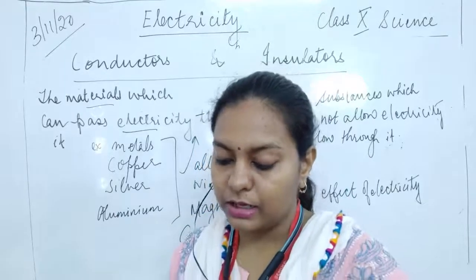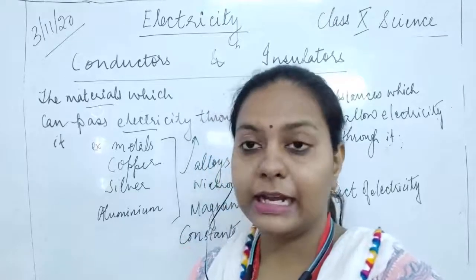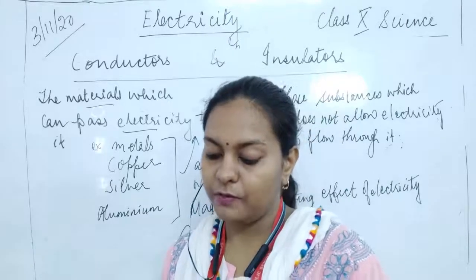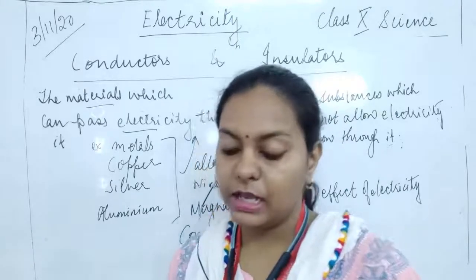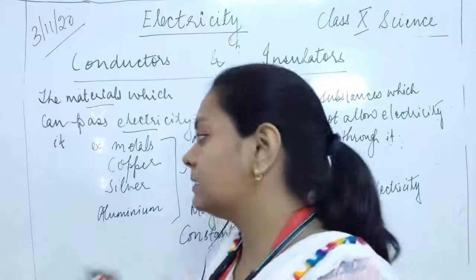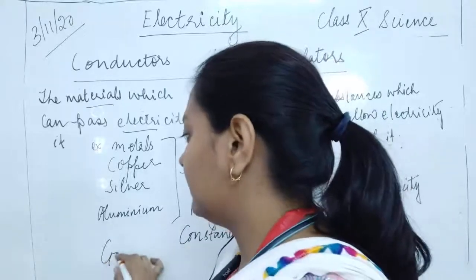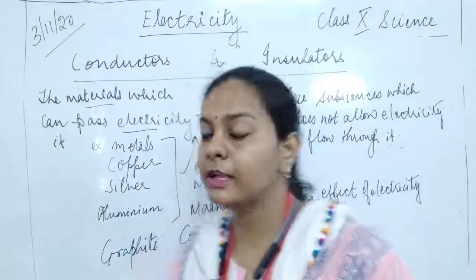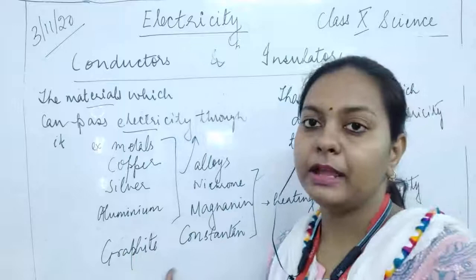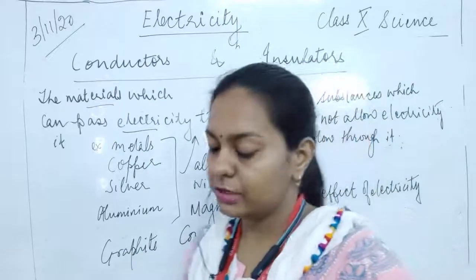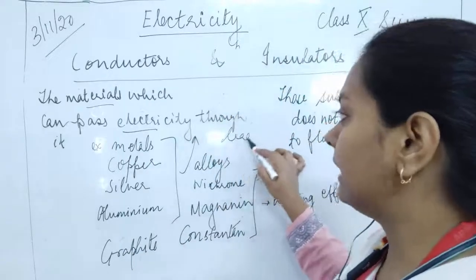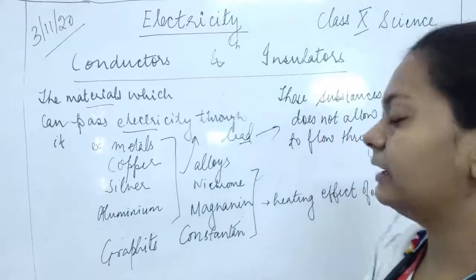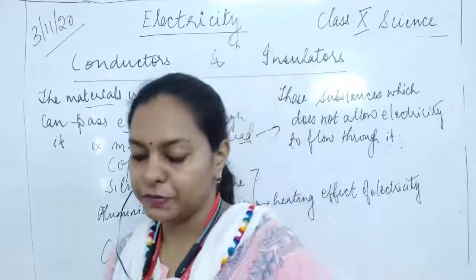Okay. Now there are conductors whose electrical conductivity is much less than that of the metals. Carbon in the form of graphite is also a conductor. Okay, carbon is a non-metal, but still carbon in the form of graphite is a good conductor of electricity. Among metals, lead is a poor conductor of electricity, falling under the category of insulators. Okay, it is a poor conductor of electricity.